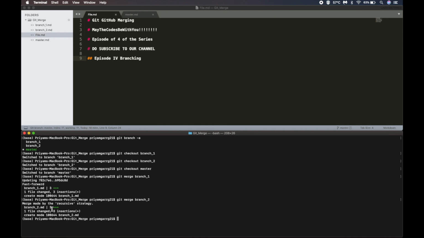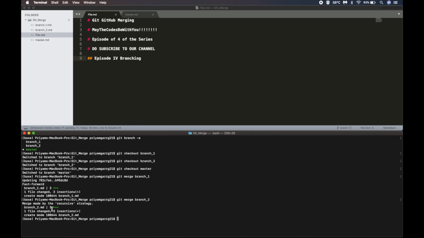So let us talk about another problem that arises here, which is conflicts. What are conflicts? Conflicts are the errors that arise when you are trying to merge some changes into the master branch, but there are already some different changes done in the master branch that are not present in the other branches. So this happens when someone makes changes in the master branch, and then when we try to merge it with another branch, the conflict arises.